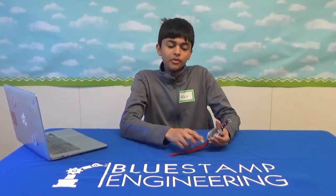My favorite part though was just overall soldering everything back in, because I hadn't done soldering in over a year, so it's a good way for me to relearn how to do it. I think this could help my main project because my main project also uses resistors and capacitors, so it's important for me to relearn what they do and how they